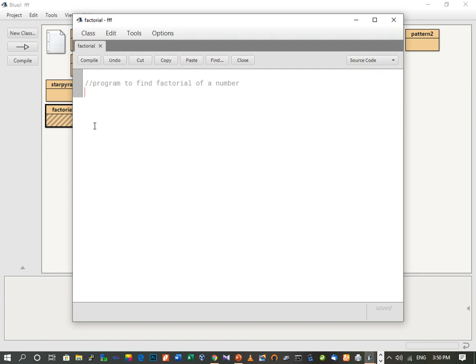Now in this program we need to accept a value from the user whose factorial we will find out. We can use a scanner class, or we can pass it as an argument to accept the value from the user. In this program, let's use the scanner class, where we'll ask the user to enter a value. So import java.util.Scanner. This class we will import. Then we write down the class, public class factorial, then public static void main, String args.